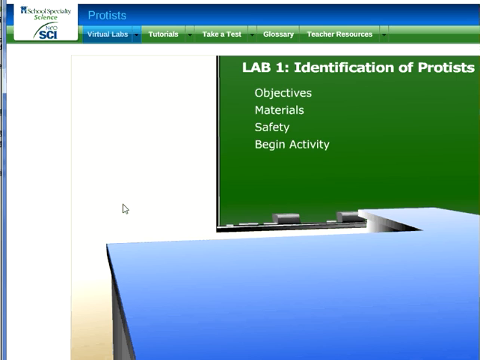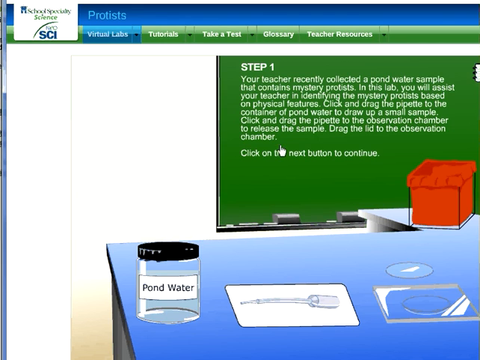I think we've talked about, I set up a sample video to go through, and I picked a lab and we took a walkthrough on it. This is exactly the same. The objectives, material, and safety you don't have to look at. You begin your activity, and just to reiterate what you know, some of the things that you need to follow